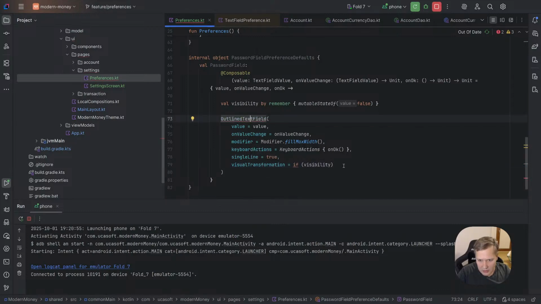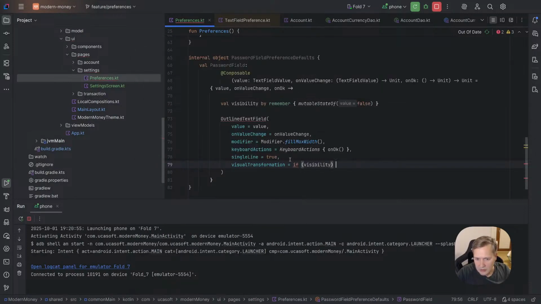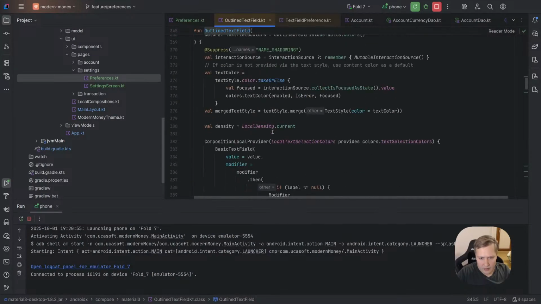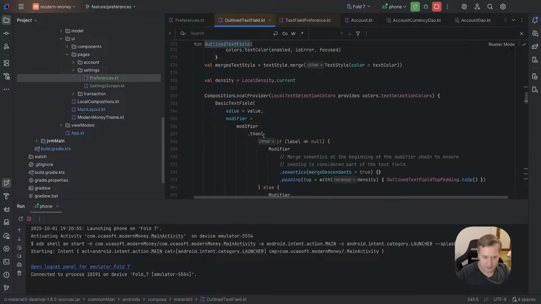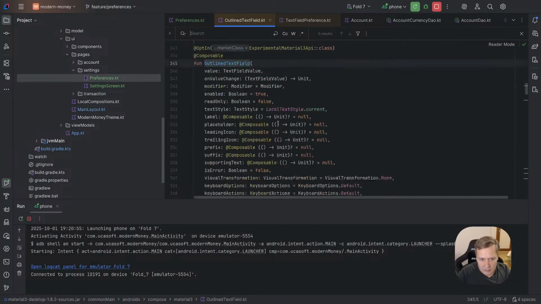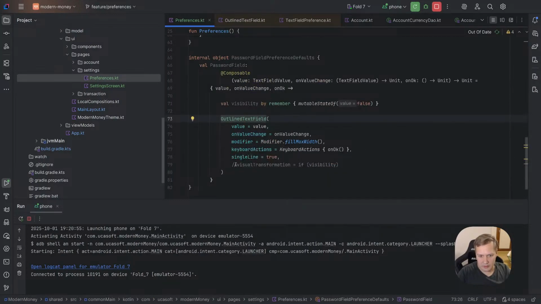Why can I not check it? Visibility transform, where is it? Okay, let's do it this way. We need visibility transformation, not transform, my bad. So visibility transformation dot none. Otherwise, it should be password